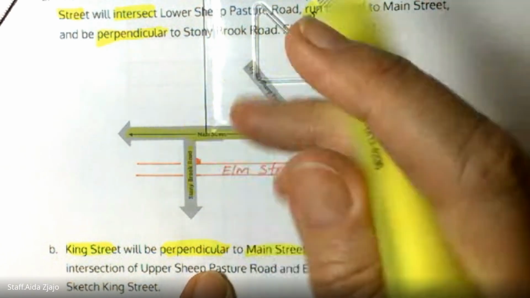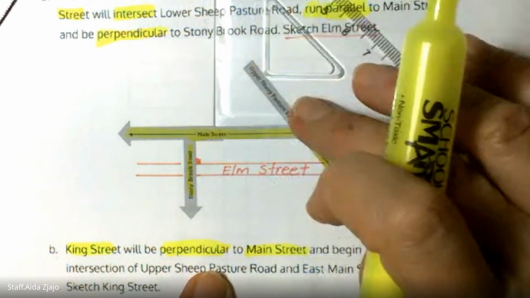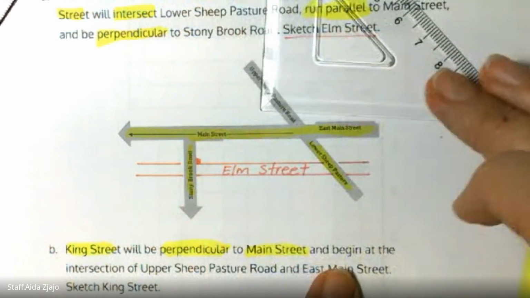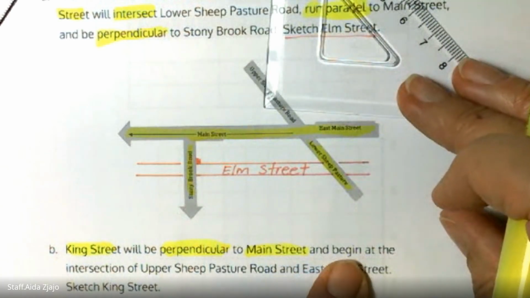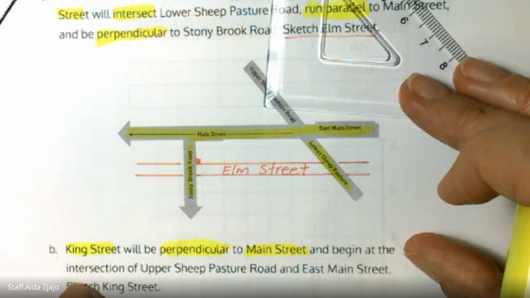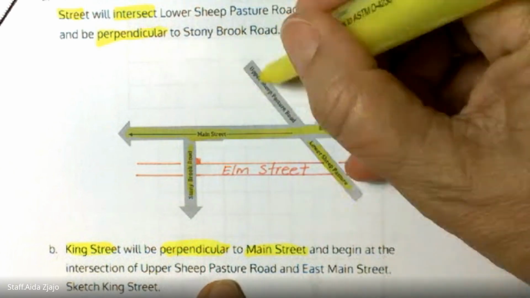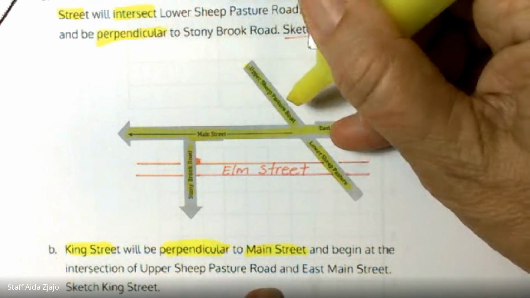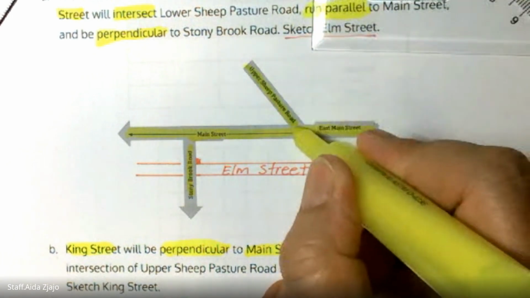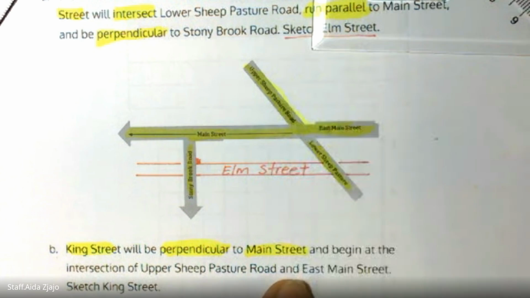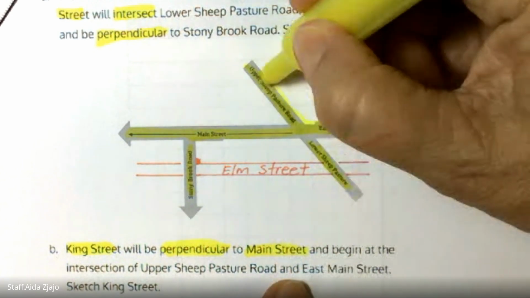So this is how, but also it cannot be placed right here, it has a specific place where it needs to be, and it needs to begin at the intersection of Upper Sheep Pasture here, Upper Sheep Pasture, and East Main Road. So on this corner has to be the new street,